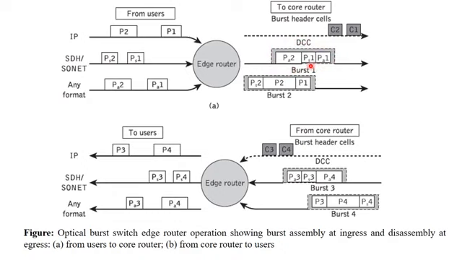So PA1, PS1, PA2 are clubbed together to form burst 1. P1, P2, PS2 are clubbed together to form burst 2. And to each of them we must have a destination point, which is indicated by these two burst header cells, C1 for burst 1 and C2 for burst 2, on the control channel. So take care of the names: P1, P2 belong to IP, PS1, PS2 belong to SDH or SONET, PA1, PA2 belong to any other format. After formatting, this will be forwarded towards the destination.